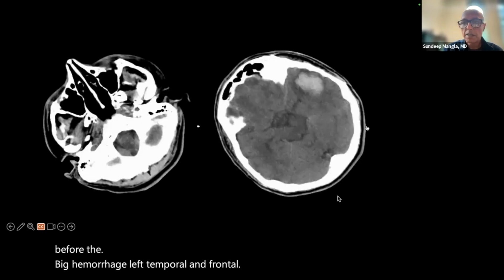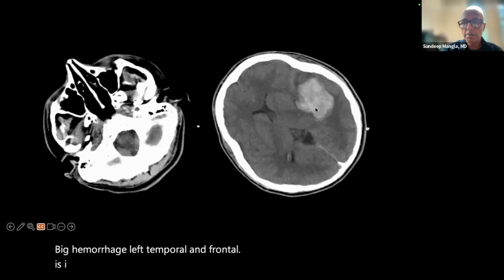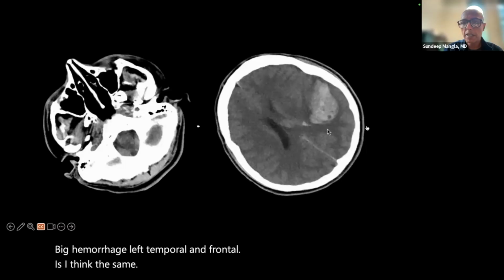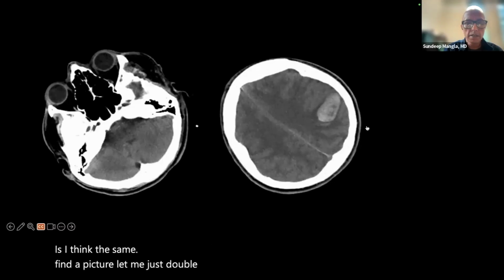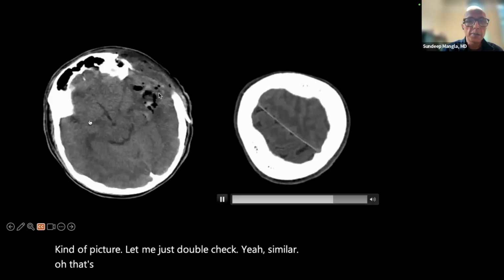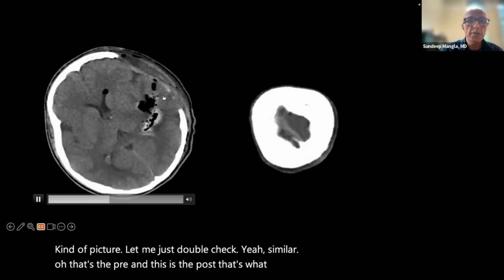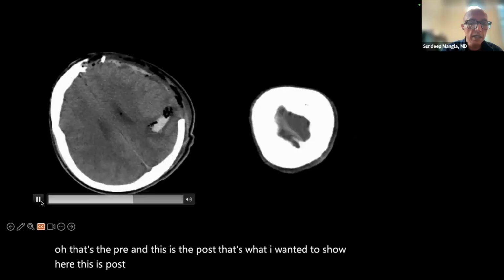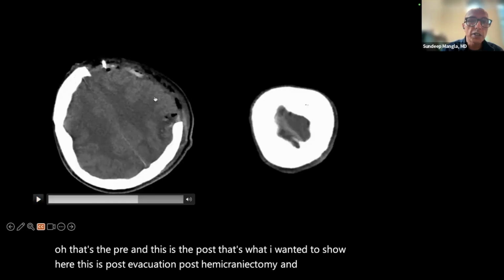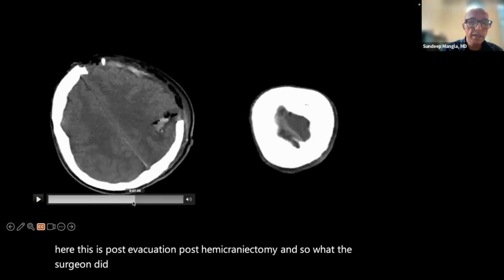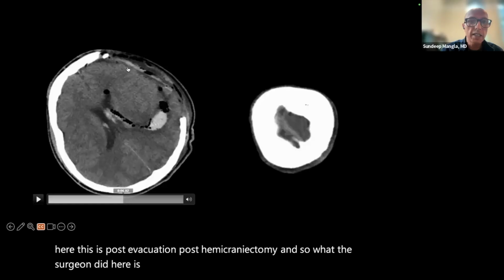This is, I think, the same kind of picture. Let me just double check. Yeah, similar. Oh, that's the pre, and this is the post. That's what I wanted to show here. This is post-evacuation, post-hemicraniectomy. And so what the surgeon did here is basically, you can see, they've removed the skull,